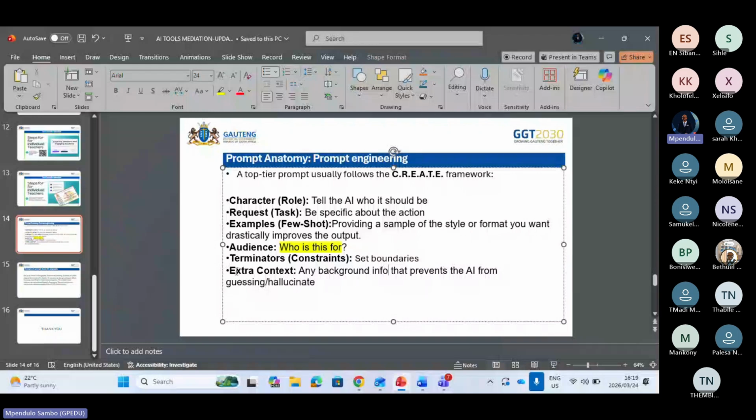The extra content is not compulsory, colleagues. Even if you haven't included it in your prompt, you'll still get the correct output. What is it? This is where, if you have any background information, you can add it on that tool. I'm going to show you how to add the background information on Canva, just to cover the extra content. Okay, so now here, colleagues, let me explain the last part.